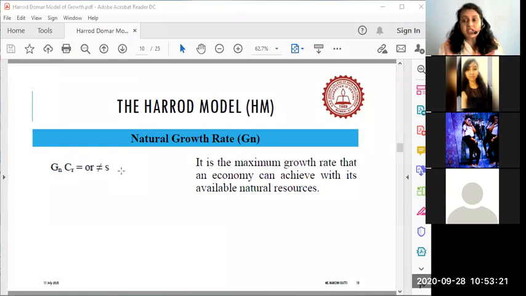Now your question can be, what about the economies in the world? Is there any economy which has actually reached a natural growth rate or not? My answer would be yes, class. There are some countries which are closer to the natural growth rate, because labor in those countries is almost closer to full employment. This can happen in a country which is very low populated, for example Scandinavian countries like Sweden, Norway, and Ireland. These are countries with very small populations.